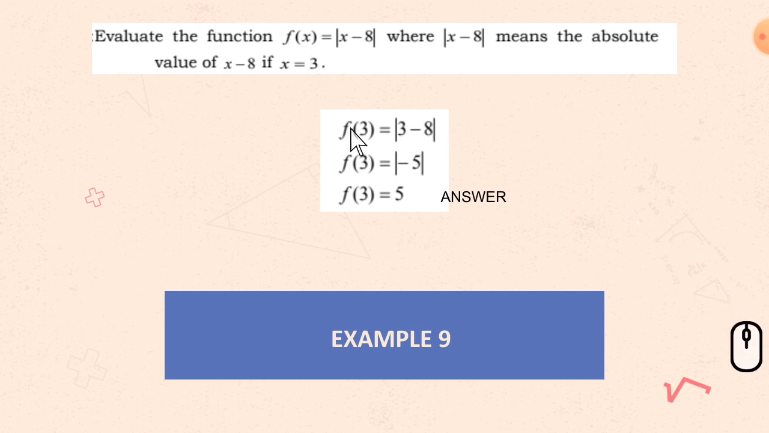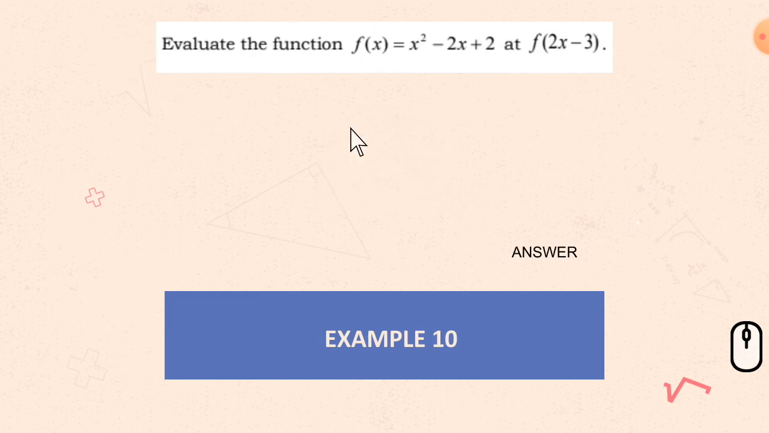So, f of 3 is equal to, yung x doon, sinubstitute natin, magiging 3 minus 8. So, 3 minus 8 is negative 5. So, the absolute value of negative 5 is 5. And therefore, the answer is f of 3 is equal to 5. Last example,